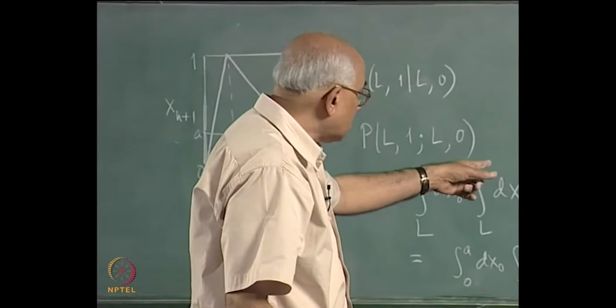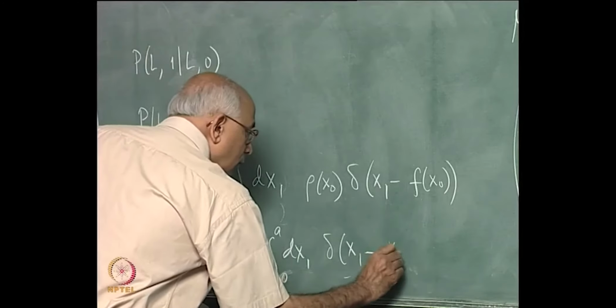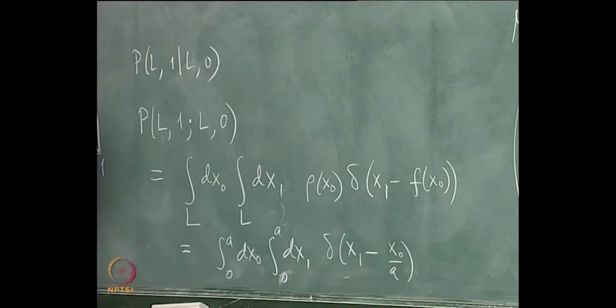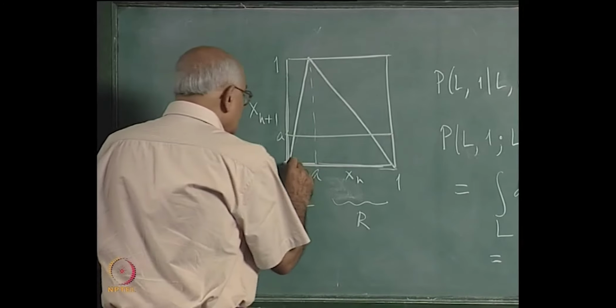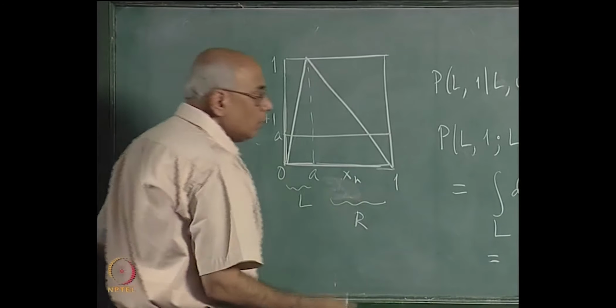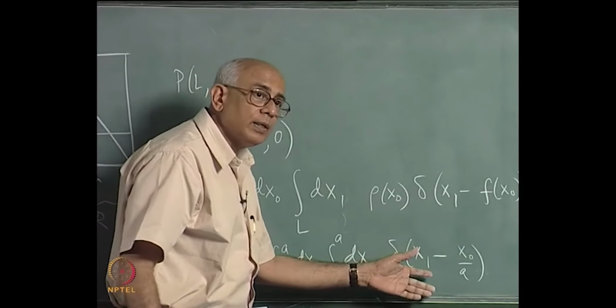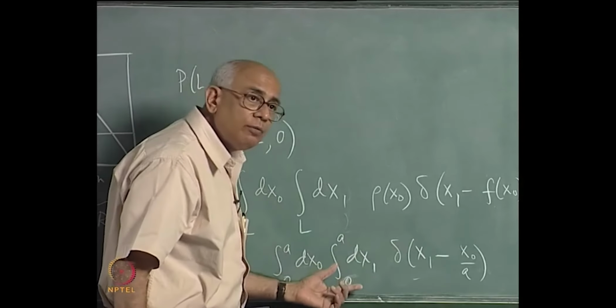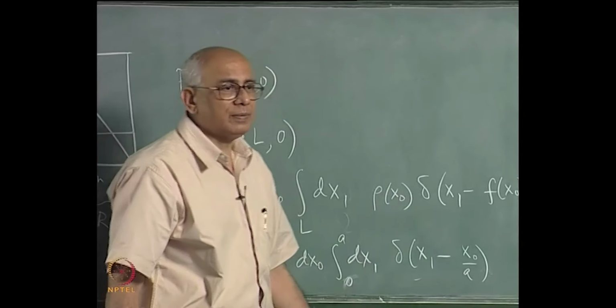X over a, so it is x naught over a, because that is what the branch on the left is. So delta of x1 minus f of x naught over a. I need to compute this integral. The region of integration you can do geometrically. One way would be to convert this to an integral of the delta function over x naught, finish that, and then do the x1 integration, but I can do it as it is because I also have to integrate over x1. I may as well do it directly provided the delta function fires.